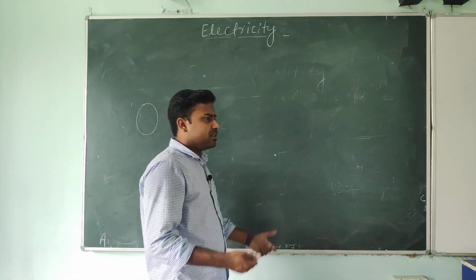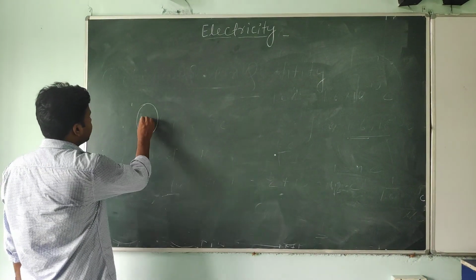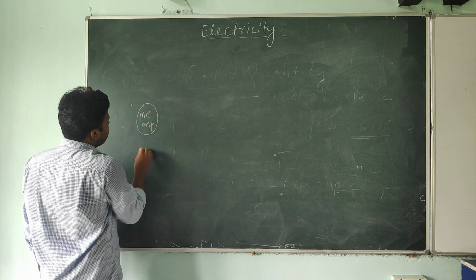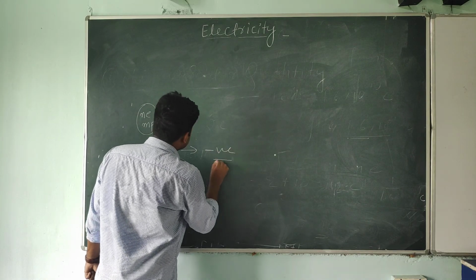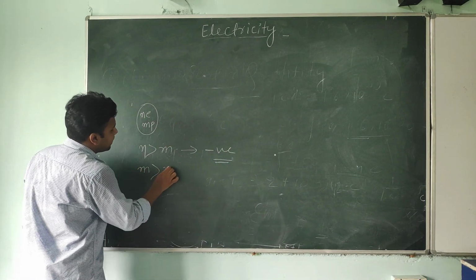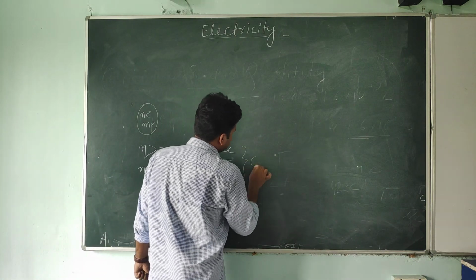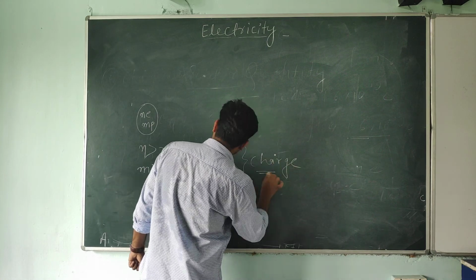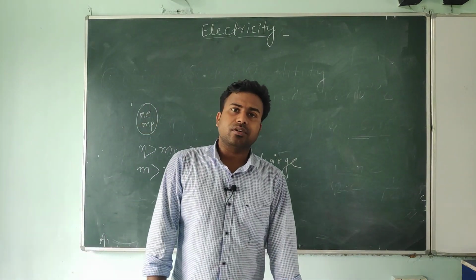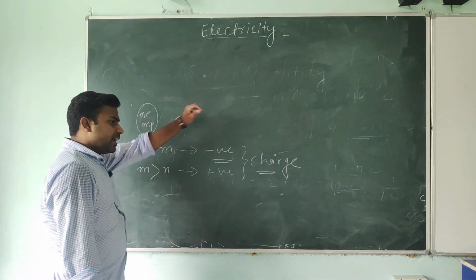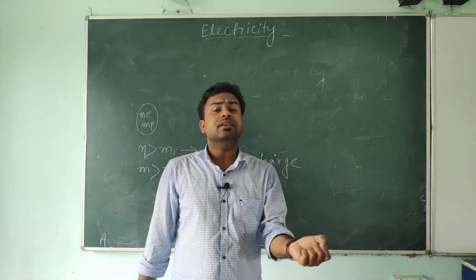If that particle has just protons, it means it's a positively charged particle, or more electrons compared to protons. Like n is electrons and m is protons. If n is greater than m, the resultant is a negatively charged particle, and if m is greater than n, it's a positively charged particle. Now one more thing, student: for charge, the particle must have electrons and protons. Is it or not? Okay, and we know from our basic chemistry knowledge that protons and electrons have mass.